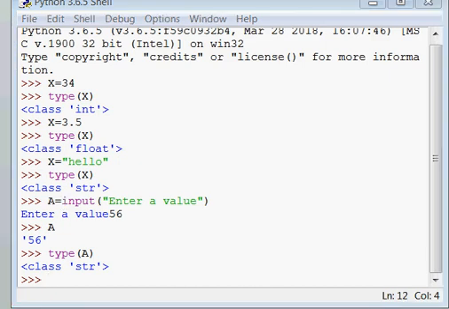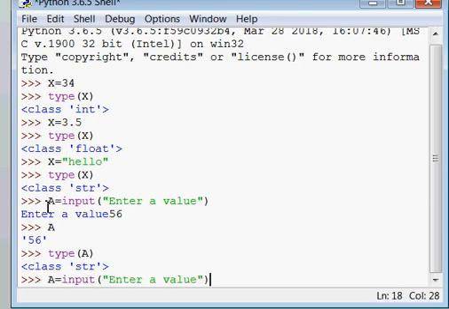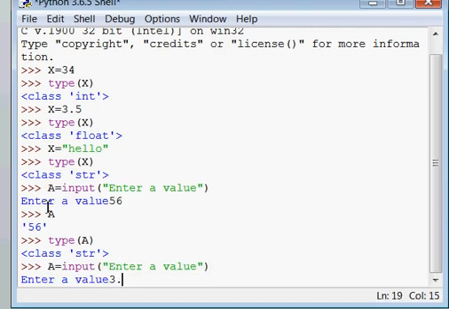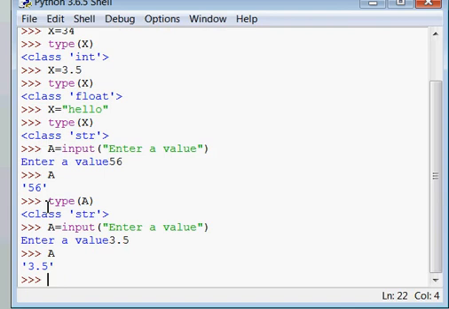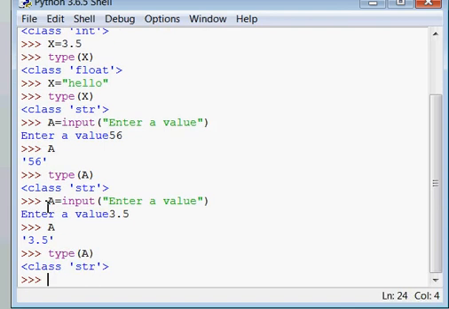You can check one more example of it. For example, if you give 3.5, then again a is showing 3.5 in single quotes, means the type of a is also a string. So this was the input function that you can use in your program for asking a value from the user during runtime.